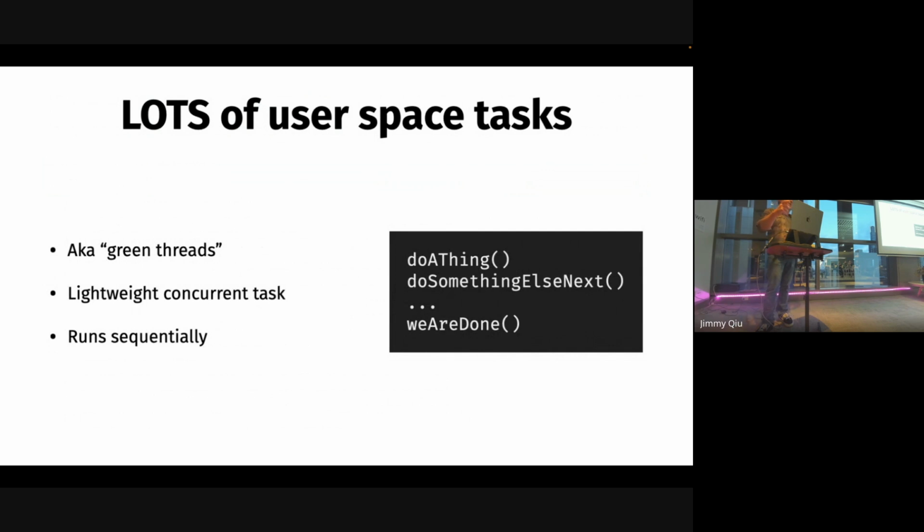So what you want to have is lots of user space tasks. When I say task, I mean a goroutine or a thread or a process, just stuff that runs and you want to do lots and lots of them at the same time. We call them green threads, another name for them: just a sequential series of stuff to be done. Do a thing, another thing, step through, and then eventually you're done. Then maybe it loops around, maybe it exits. But it's a fixed set of steps, run sequentially. We want to do a lot of these in parallel.